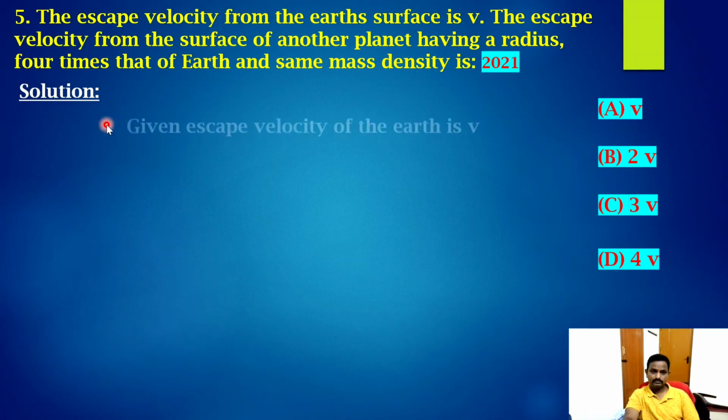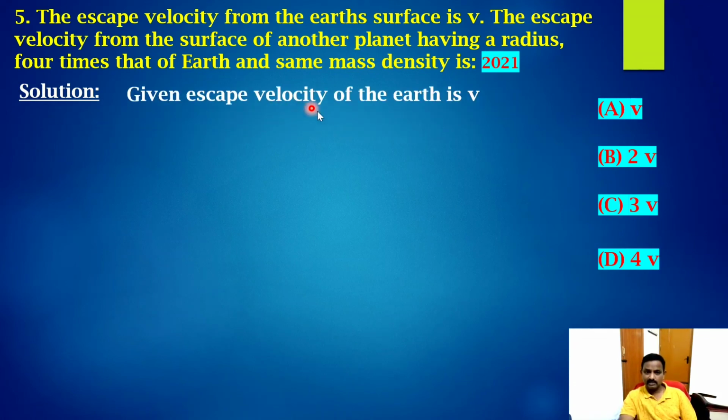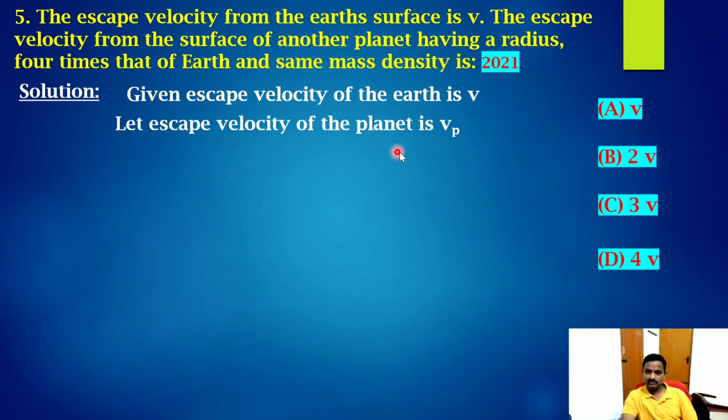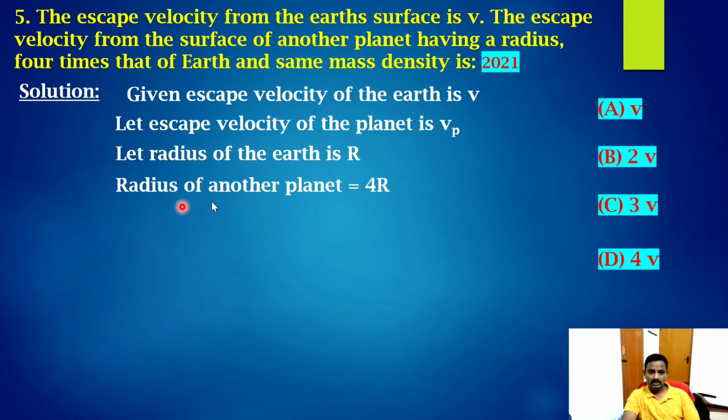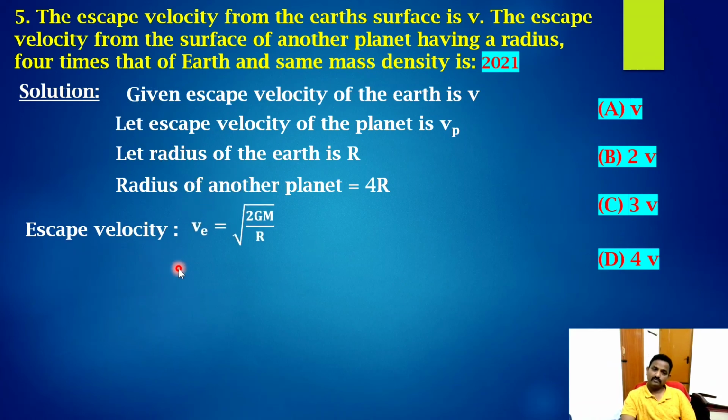Solution. Given escape velocity of the earth is V, let escape velocity of the planet be V_P, let radius of the earth be R, radius of another planet is 4R. Why? Because they have given radius of another planet is 4 times that of radius of earth. Okay, so escape velocity formula,